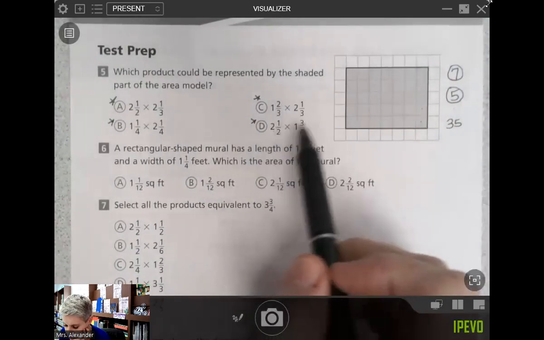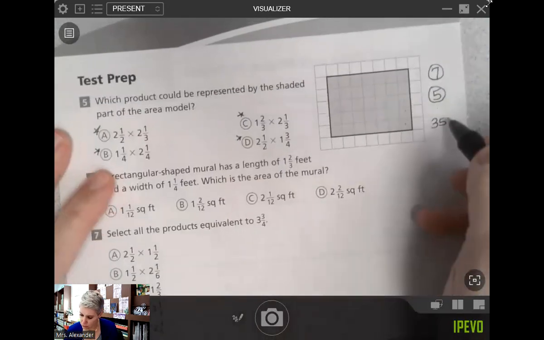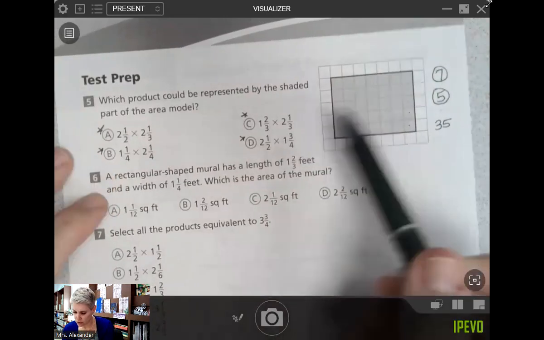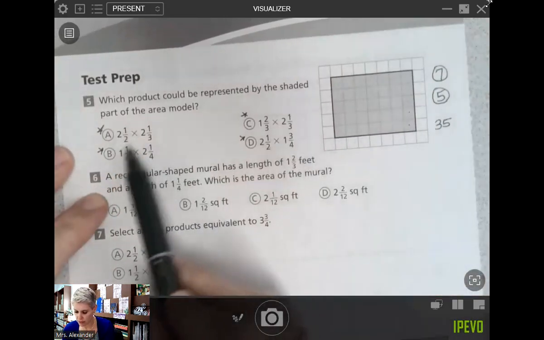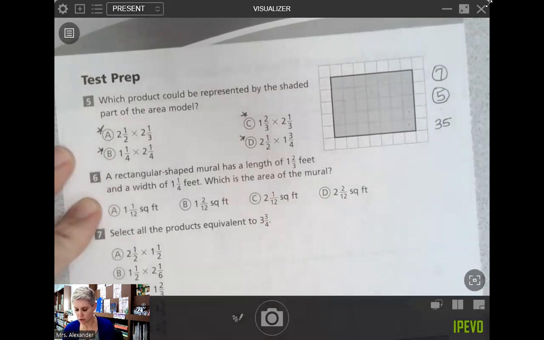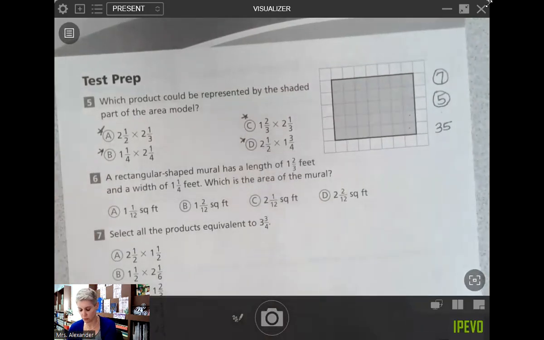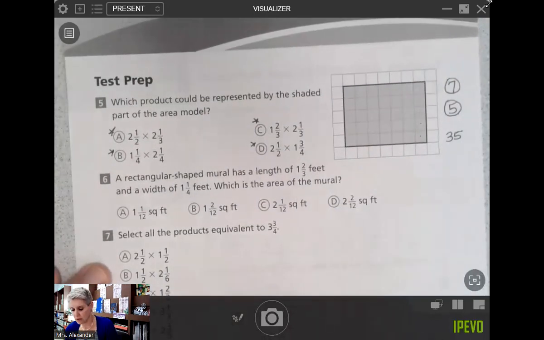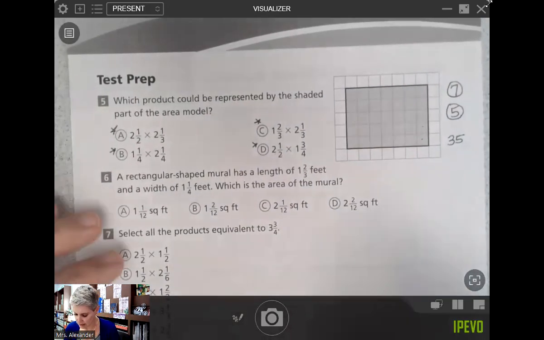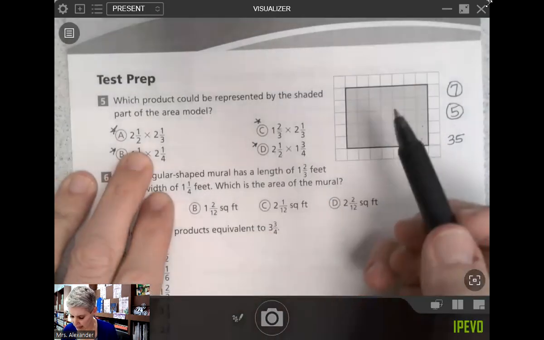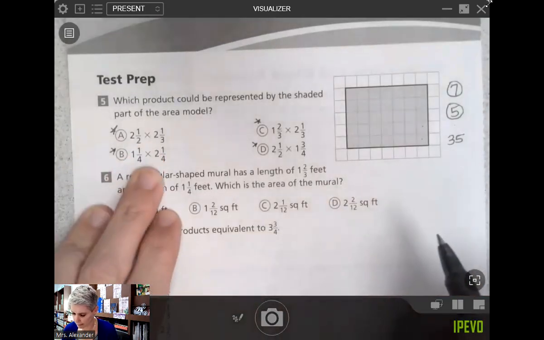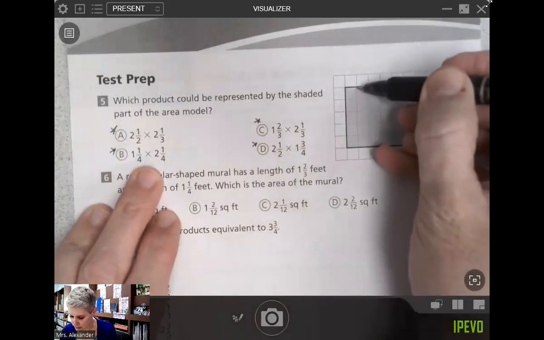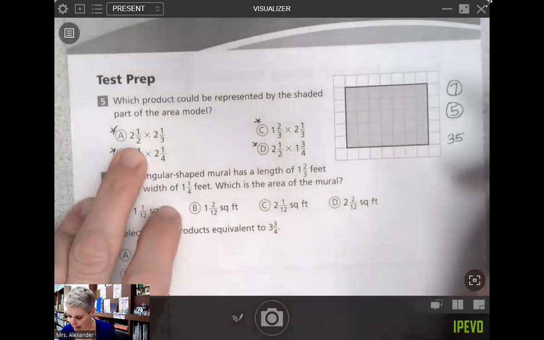I'm trying to determine which one of these would give me the best representation. 1 2/3, 2 1/3, 2 1/2, 2 1/3, 1 1/4, 2 1/4, 2 1/2, 1 3/4. We're kind of working backwards from our lessons because we didn't do this in the actual lessons. So let's take a look. 2 1/2, 2 1/3. Am I going to be able to, in class we did, so if I have 2 1/2,